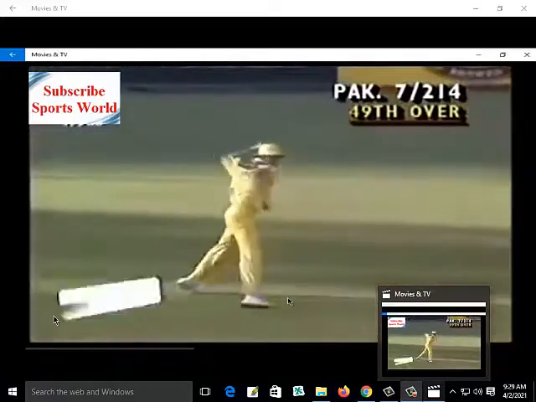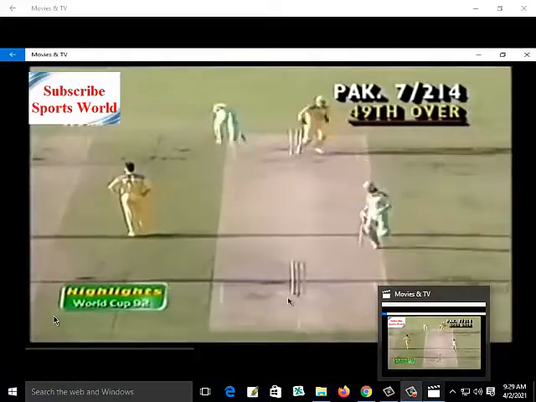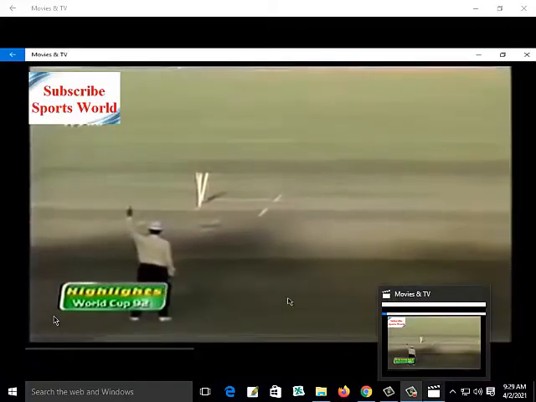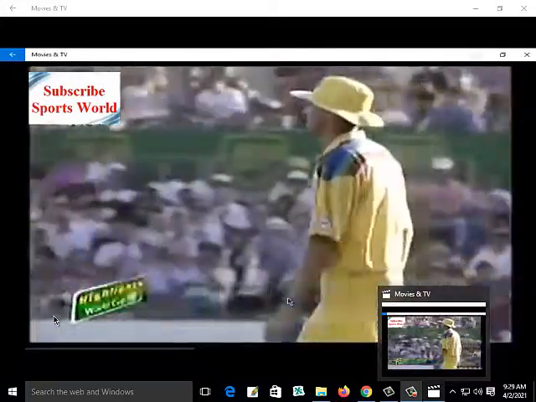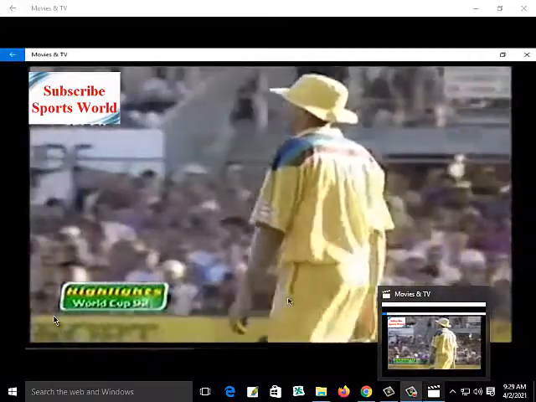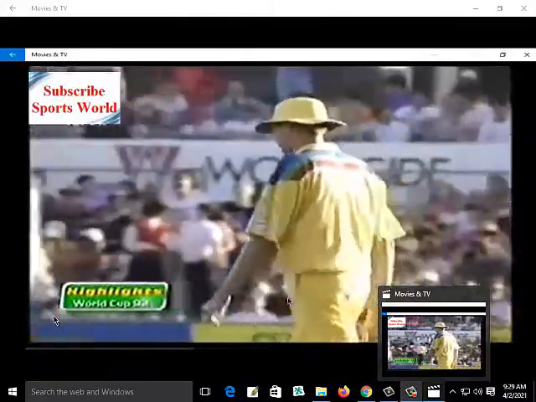It's Reid. He's coming back. This will be very close. He's got to go. No, the throw was high. He's got him. Yes, he's got him. Well, he seemed to be making ground. The throw seemed to be wide. The decision is out. He looked out when he was making the run, but the throw was high, and here we had to drag the ball back into the stumps.